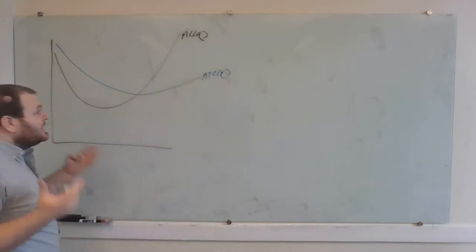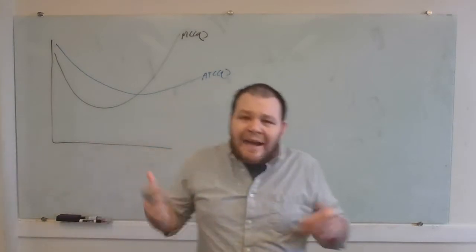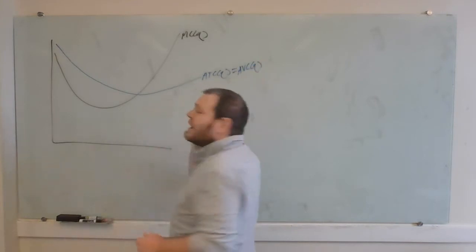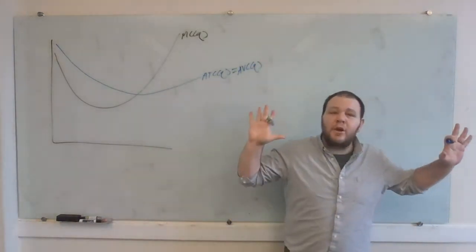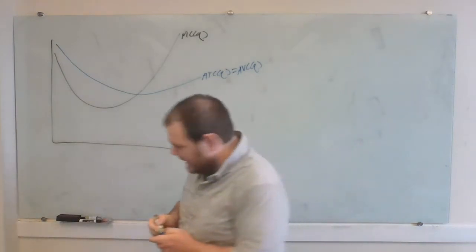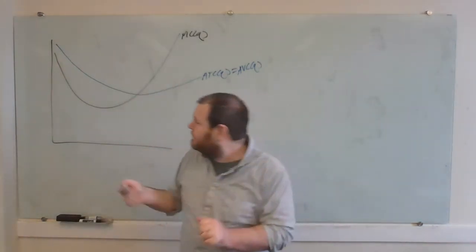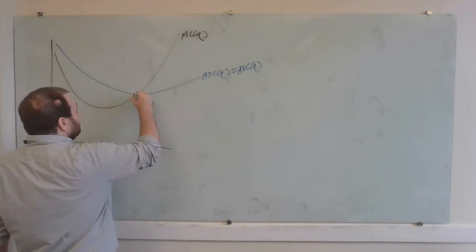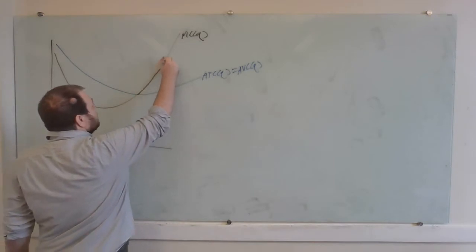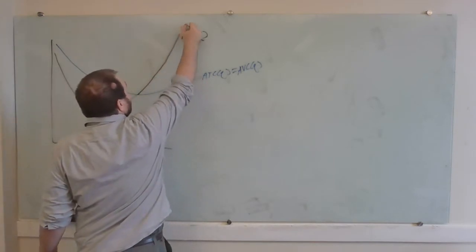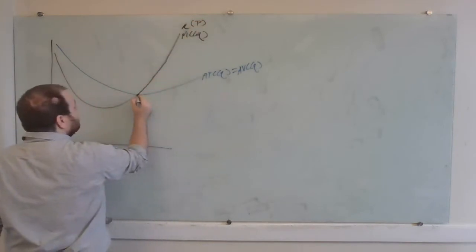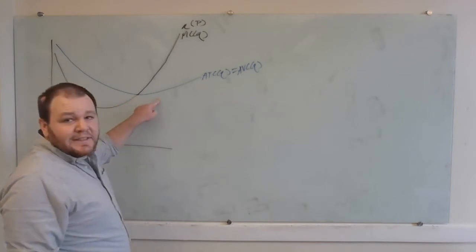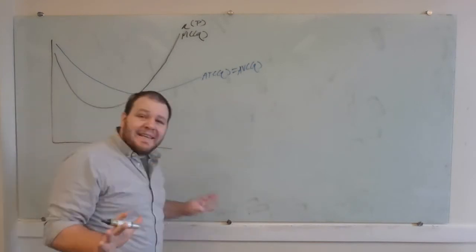Right? The only difference is, in the long run, our average variable costs are equal to our average total costs because none of our costs are fixed, right? We have the option to just pull out of the market completely and not produce anything. And so for exactly the same reasons as in the short run, our supply of output is just going to be given by our marginal cost curve, right? This is going to be Q of P, as long as we have marginal costs and therefore price above average total costs, right? So we're going to do exactly the same thing in the long run as in the short run,